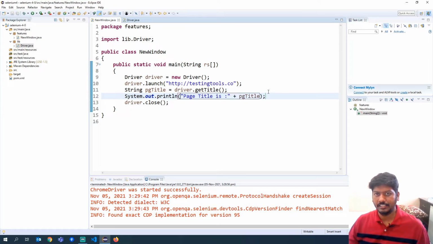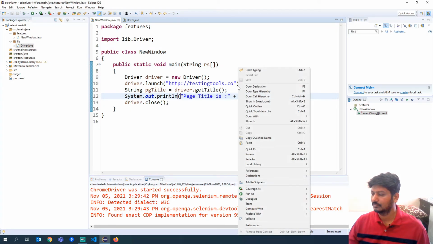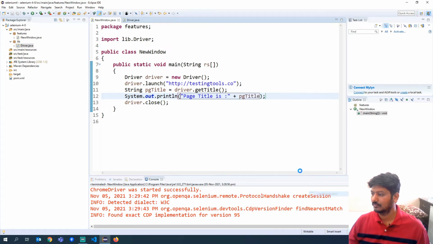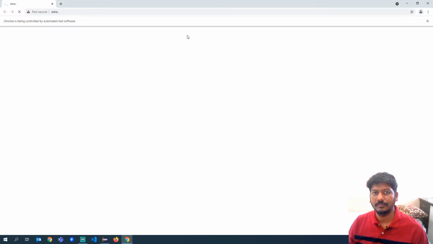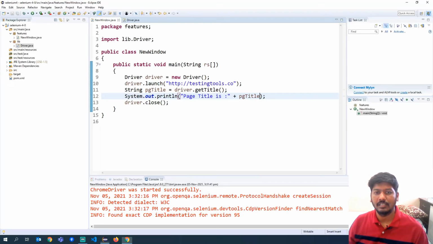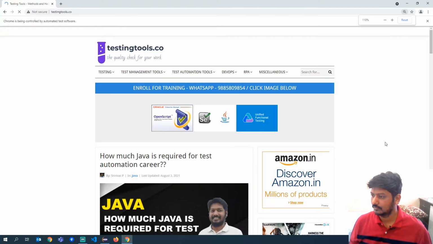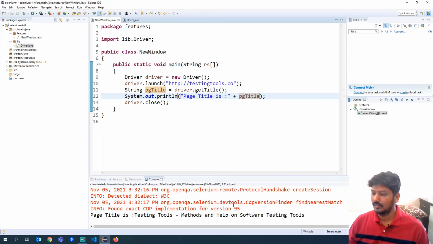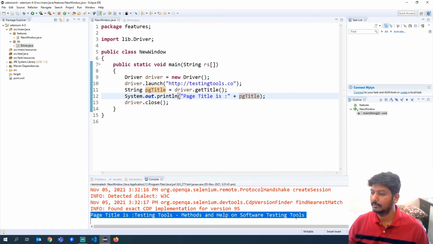Let's execute again and see. Okay, the browser is launched. It is navigating to the application. We will look at the console to see if it is printing the title or not. Okay, if you see here, it has printed the page title.